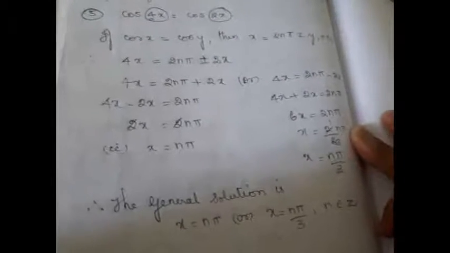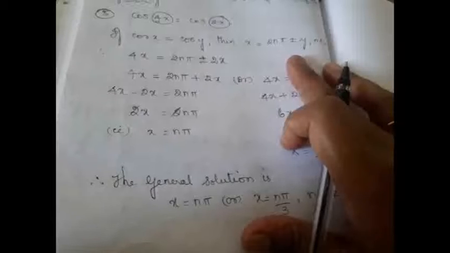Hope you understood this method, where the question is directly in the form of cos x equal to cos y, but you have to be very careful in substituting the values of x and y. If cos x equal to cos y, then the solution is x equal to 2n pi plus or minus y. But there is another way of solving this problem. I wish to show you how to solve the same problem in the other method, so that whichever method you are feeling comfortable with, you can adopt it.